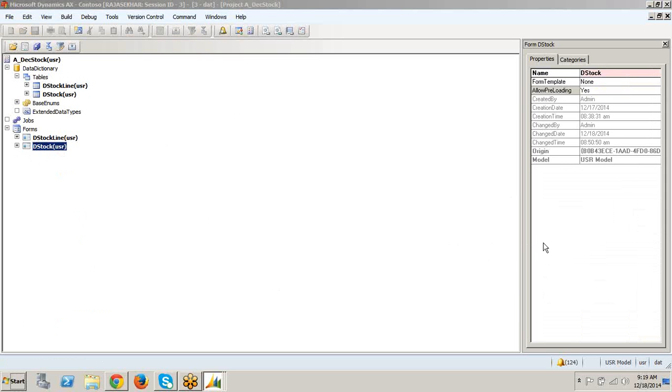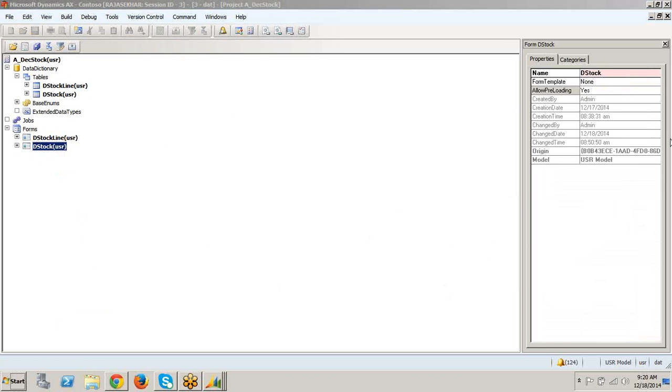But this label is only for display purpose, right? It will not retrieve any values, right? Yeah, it is only for display purpose. And this is very important. Creating a label file and creating a label text is very important, because when we are deploying the project into the client's machine, into the customer machine, the system will ask whether to import the label files also or not.